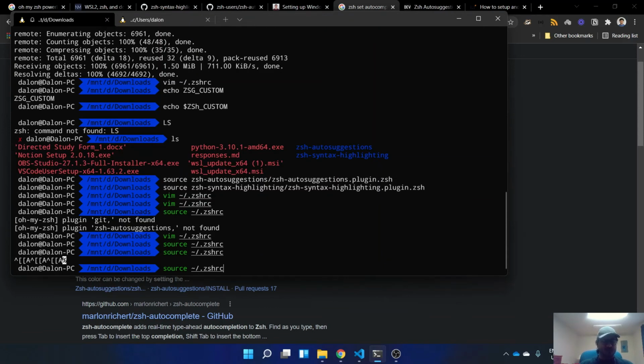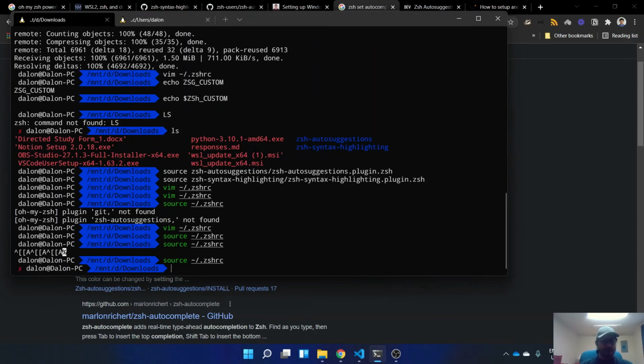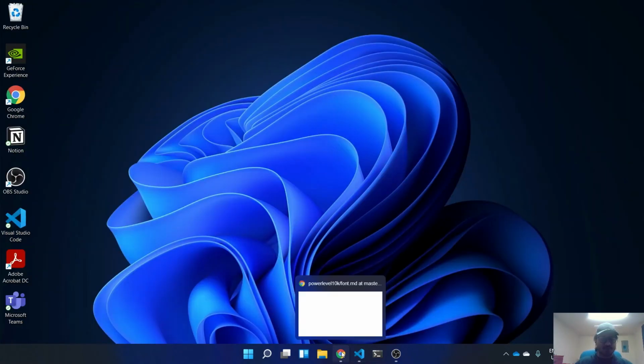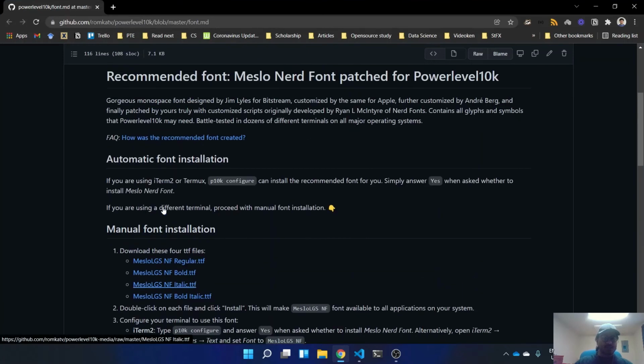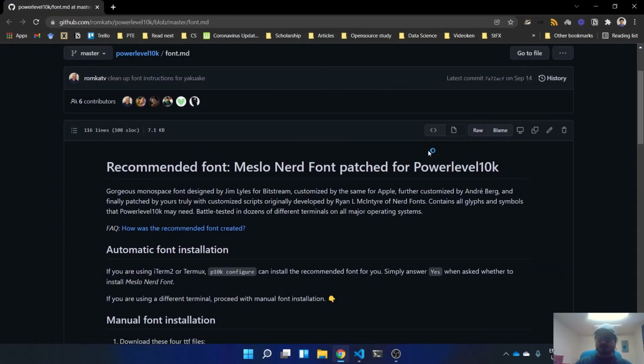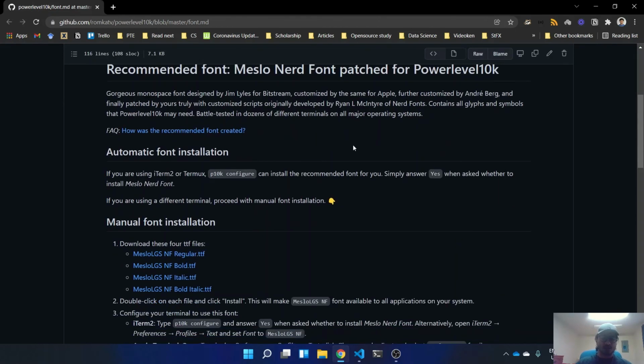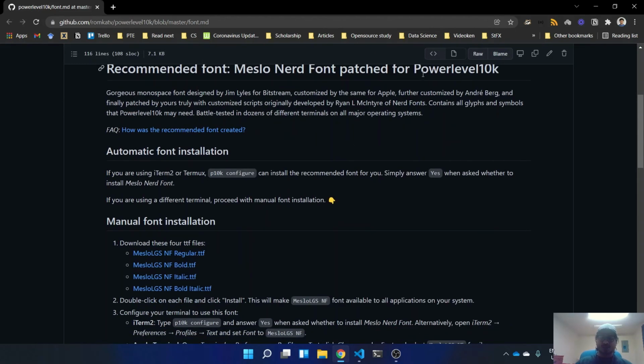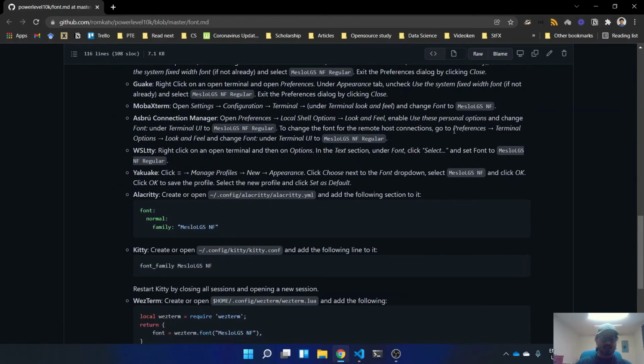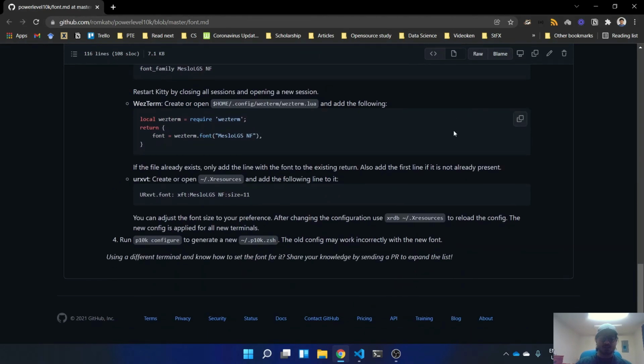Just a second. It is taking a while to show it to you, and that is something called PowerLevel10K. I will put the link in the description below. So essentially what you have to do is install this PowerLevel10K, and that's pretty easy to do. You just